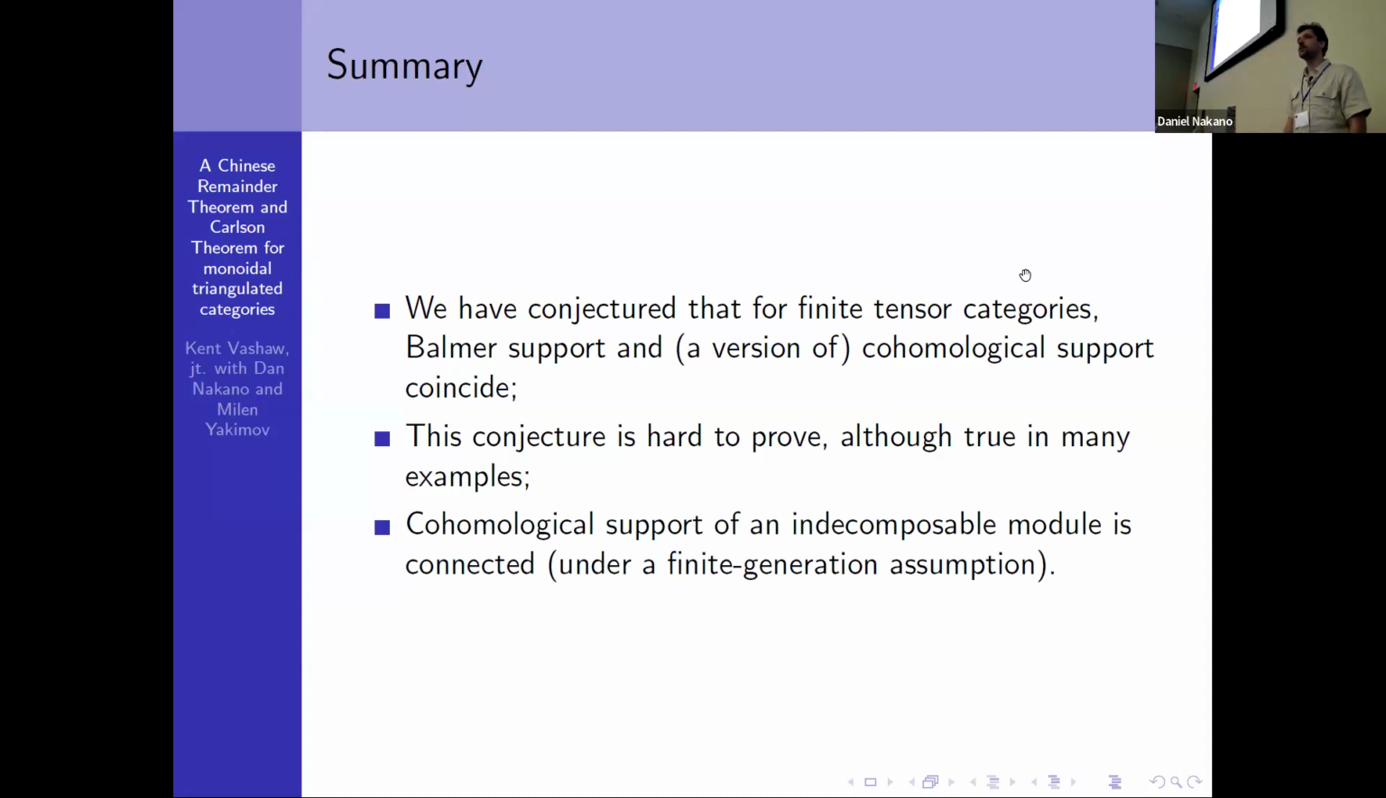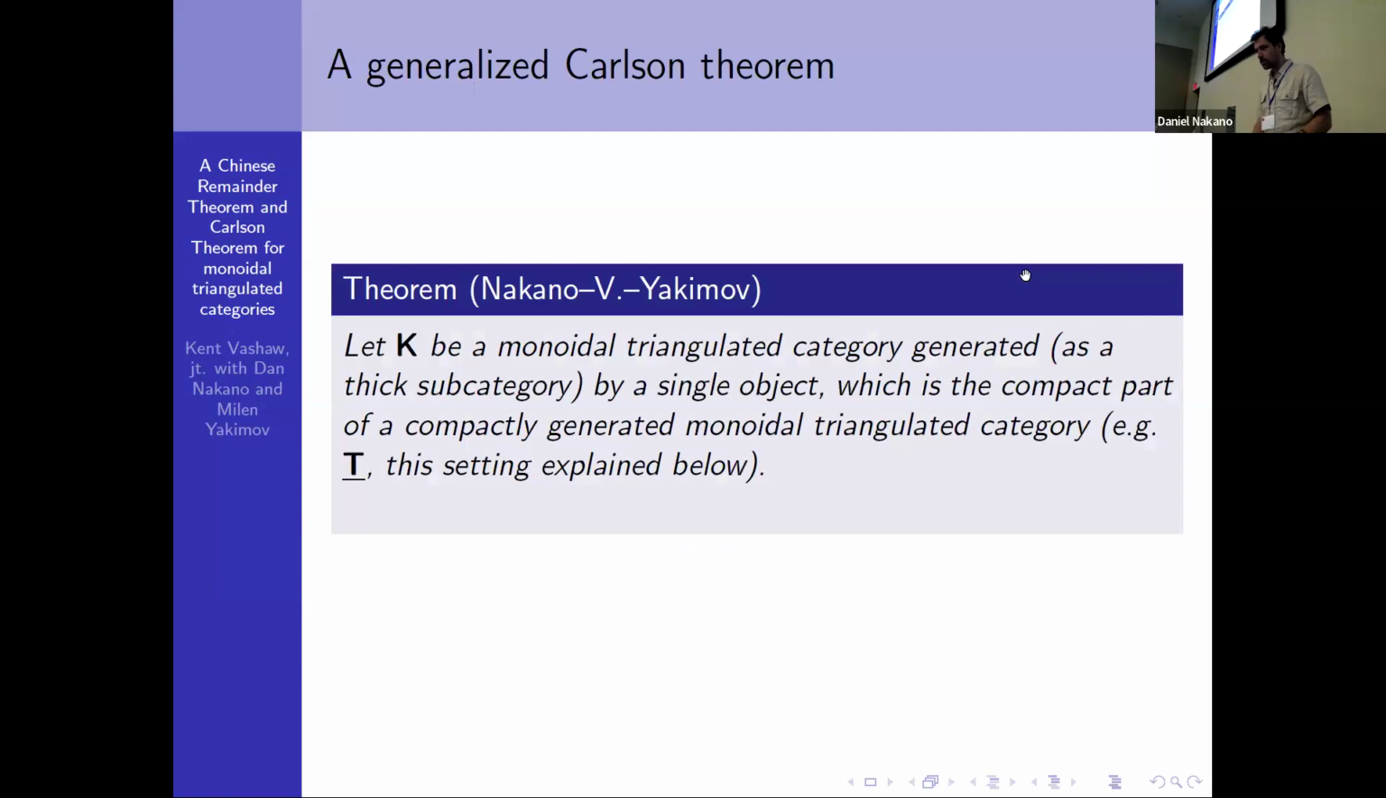So the natural question is, is there a version of this Carlson Connectedness Theorem on the other side, on the side of the Balmer support? I mean, if our conjecture is true and these things really do coincide, then of course there has to be. So the first theorem that I want to say is, this is a theorem, of course, joint with Non and